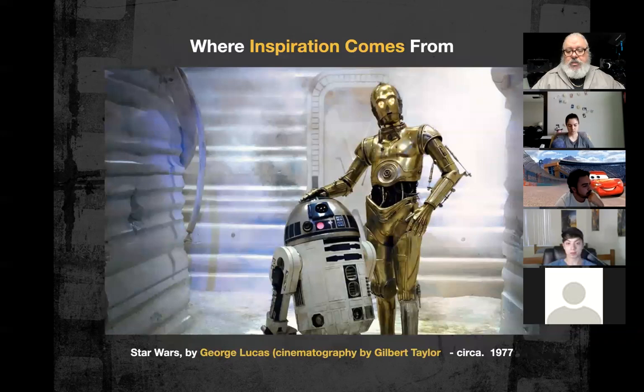And here's a modern example. This is Pete Shishitsky. No, I'm sorry. Yeah, this isn't Gilbert Taylor. Gilbert shot the first Star Wars movie. This is Peter Shishitsky from The Empire Strikes Back. But more importantly, look at C-3PO. I mean, how much does he remind us of the Man in Armor